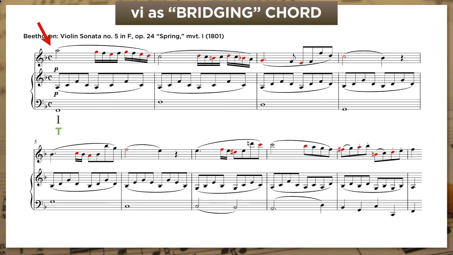He starts with 2 bars of tonic, then goes to 6 as a bridging chord, and then on to 2 as a predominant. But the inspired thing here is that the first musical idea, call it a phrase or a sub-phrase, people can differ on this, the first 4 bars just end on 2. It sounds like this.